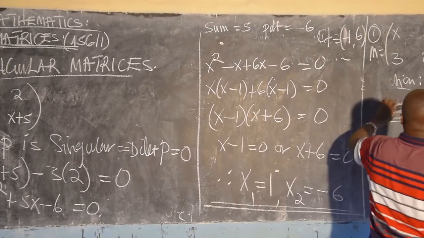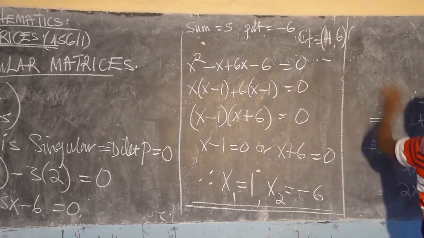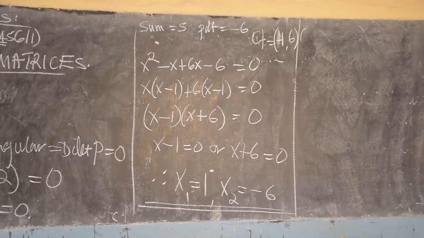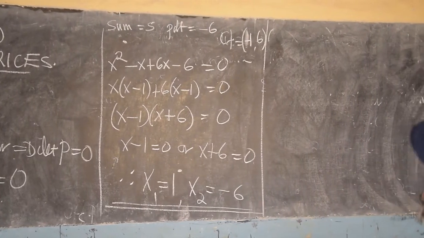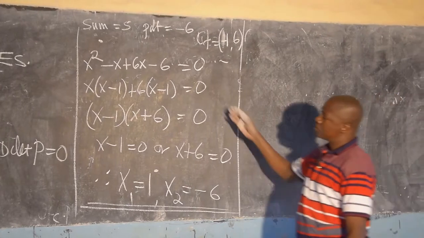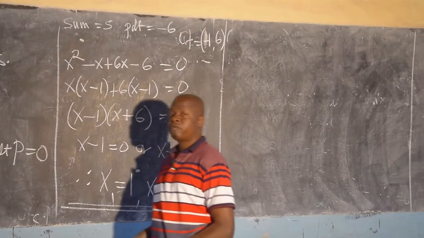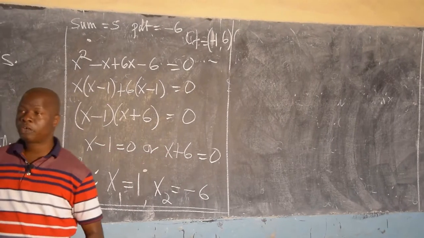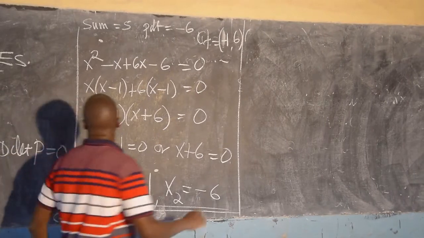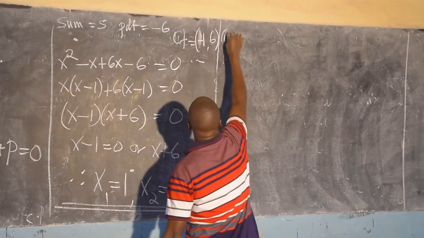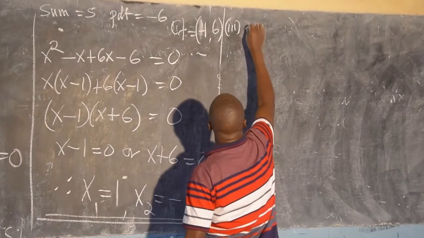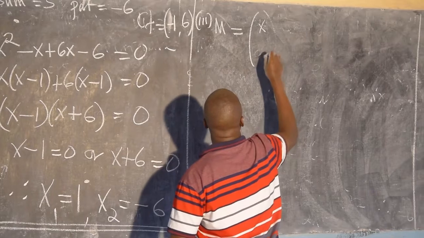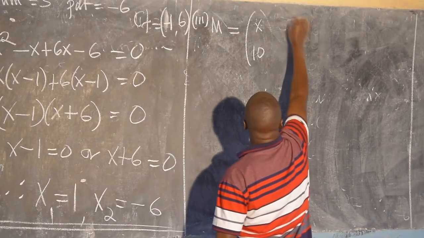Allow me to give another example here. When you observe here, we shall give 4 marks or 5, depending on the setter's interest or on the marking guide. Let us look at example 3. We have matrix M equal to x, 10, 3,